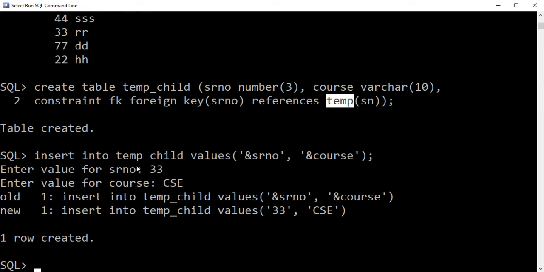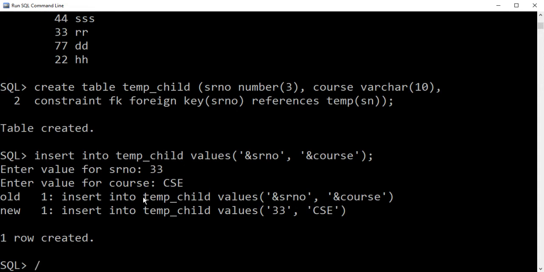This is the child table or the detail table. We can define more than one table as a child table, so we can have any number of tables as child tables, but for a primary key, the master table will be only one. For a particular field as primary key, the master table will be only one. So don't confuse this concept.